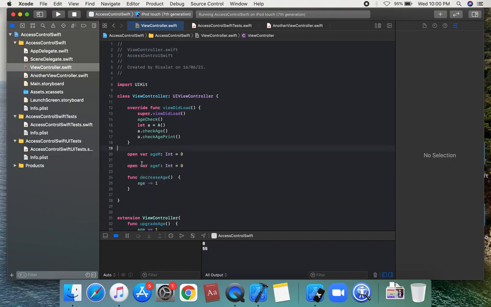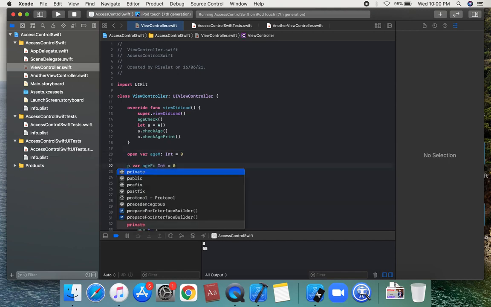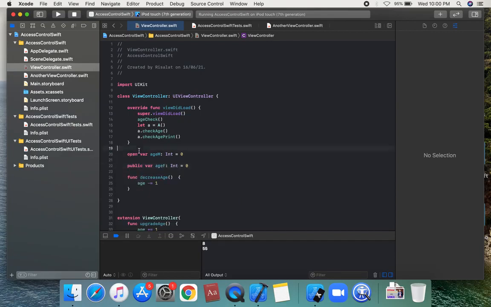We can set up two properties, one open and one public. What is the difference between open and public?